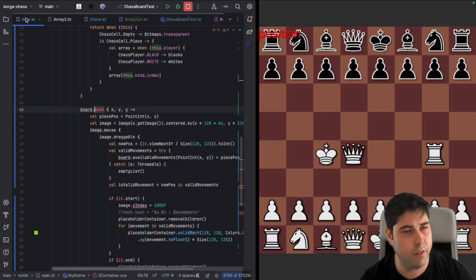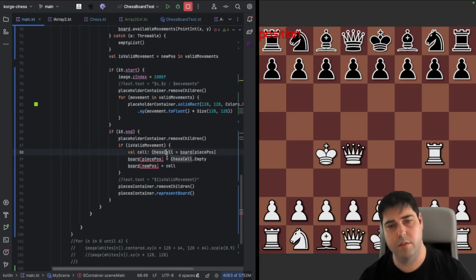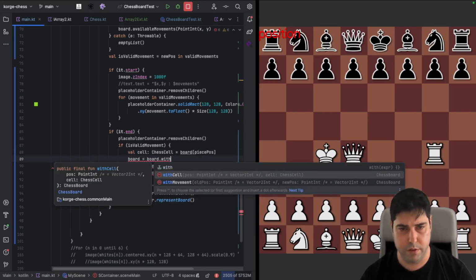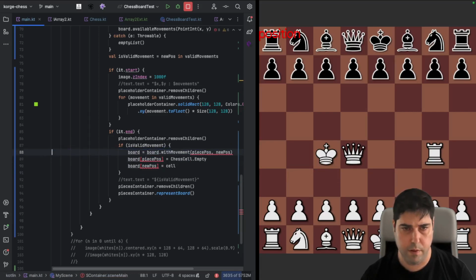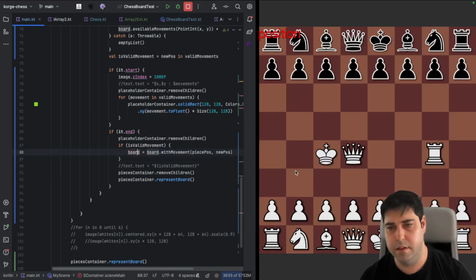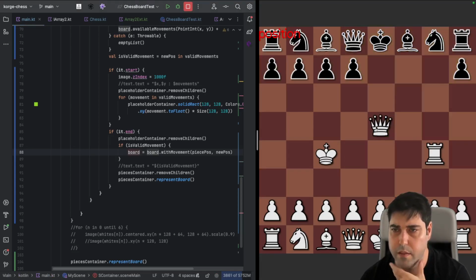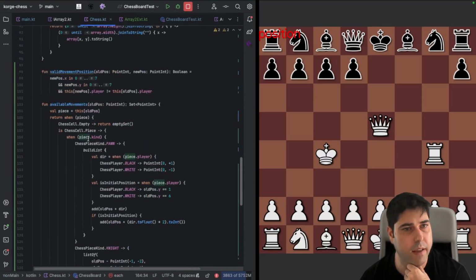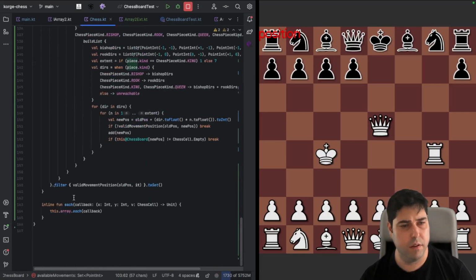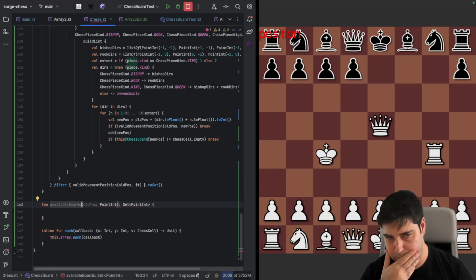We are redirecting it without exposing it, and here we are going to mutate the board with a movement that is going to be the piece pose with a new position, in the case it is a valid movement, and this should work the same. It is the case. But now that this is immutable, we can actually verify when we are getting the available movements. We should be able to get available boards, or maybe